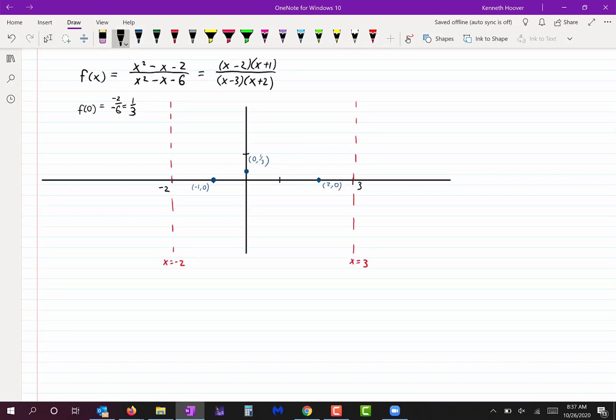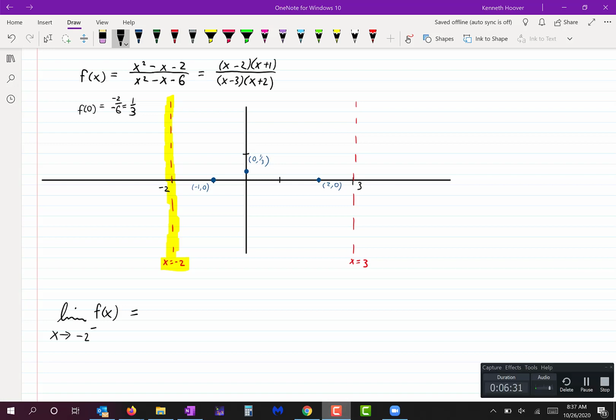Let's concentrate on this asymptote right here. We will do the limit of f of x as x approaches -2 from the left. I already know that it's going to be infinity or negative infinity. There's no question about that, because